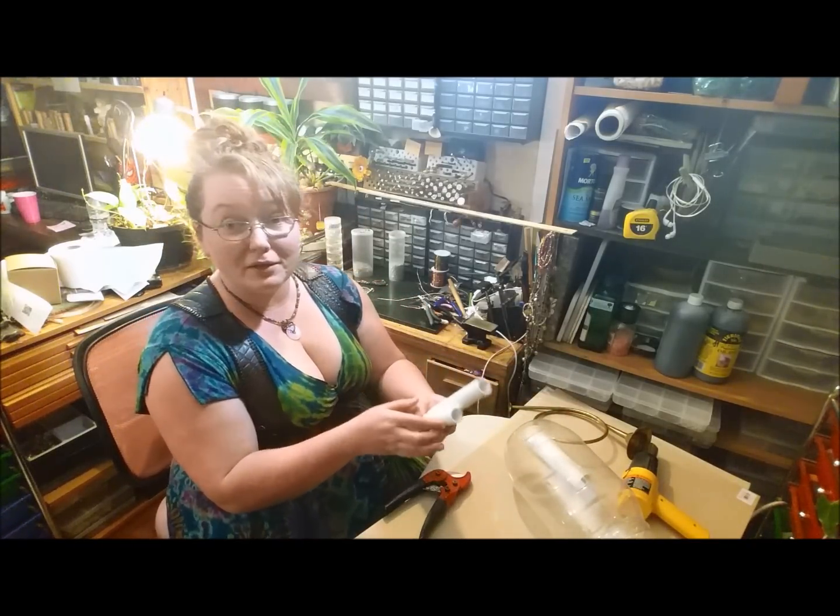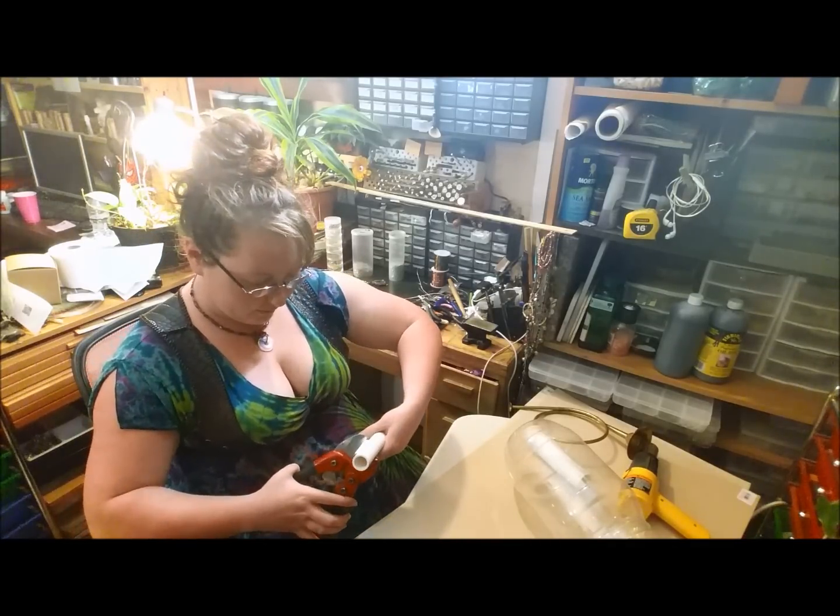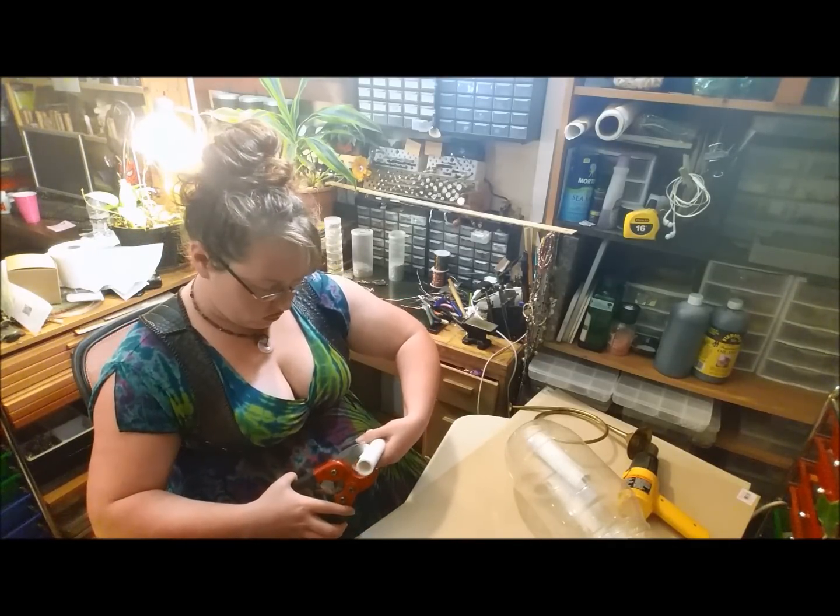I'm going to cut one that's just a little longer to see if it'll sit a little snugger, because I don't want it to be warped,